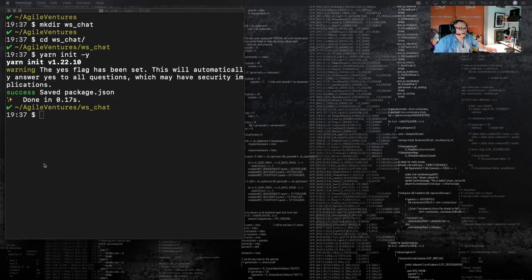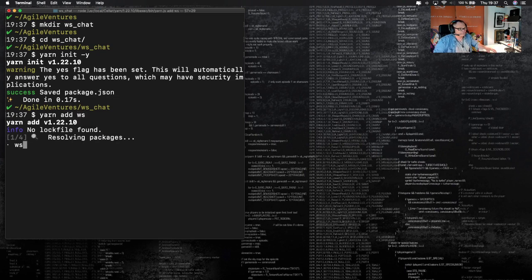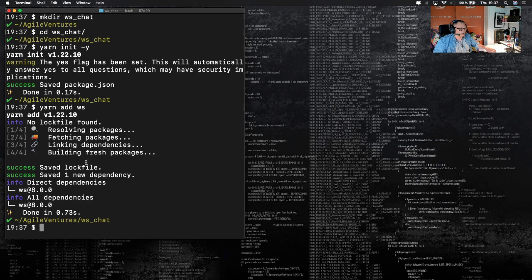The first thing we're going to build is a very small server, so the first thing I need to add is support for WebSockets in Node.js. I'm going to say yarn add ws, and that will install